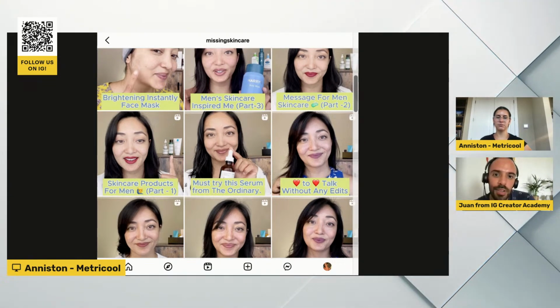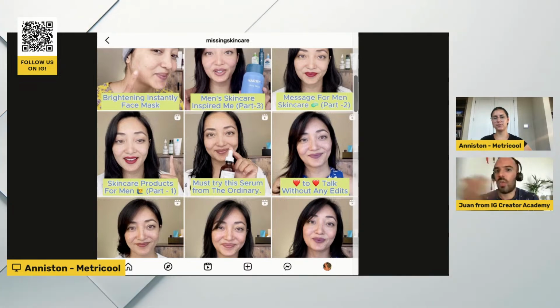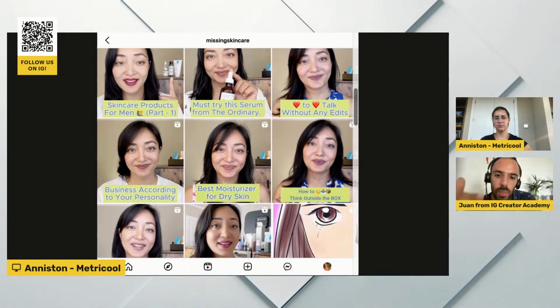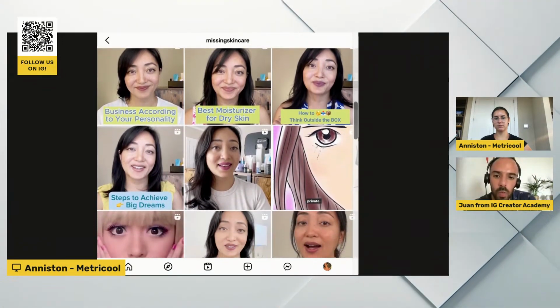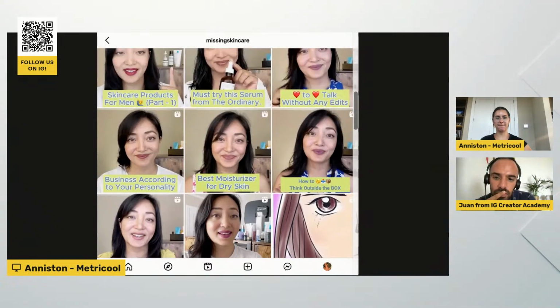You can share, for example, the 5 steps for better skin at night, and do that as an infographic, and then as a reel, and then as a carousel. So you don't need to create new content, but definitely repurpose the content that you have into other formats, not only reels. Yeah, I agree.